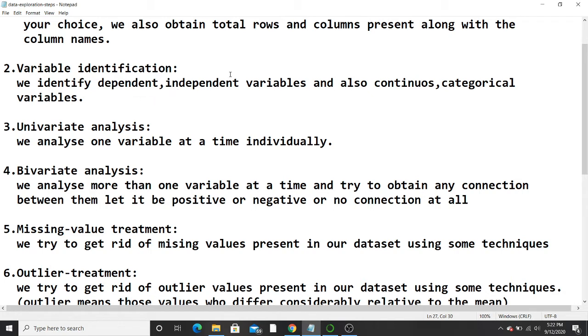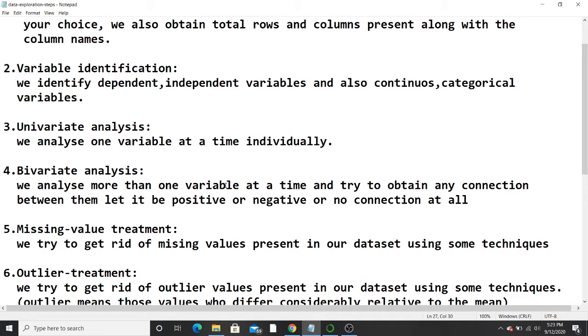The next step is univariate analysis. Now, out of all these variables, we analyze one variable at a time individually. That means we calculate the mean of that variable, we try to visualize that variable using libraries like Seaborn, Plotly. And in bivariate analysis, we analyze more than one variable at a time.